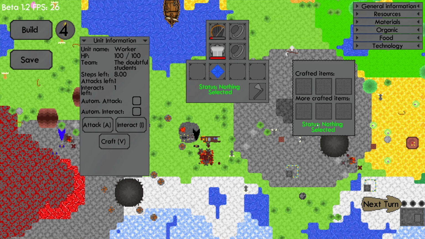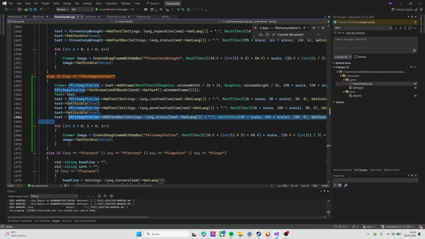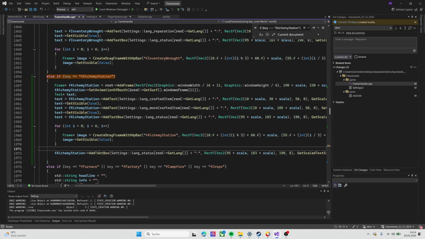So therefore we need a button to open a new menu. So let's create this button. What we want to do is create a button in this frame. So therefore we call add button on the frame,